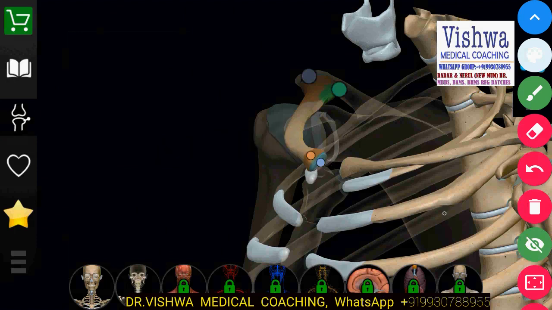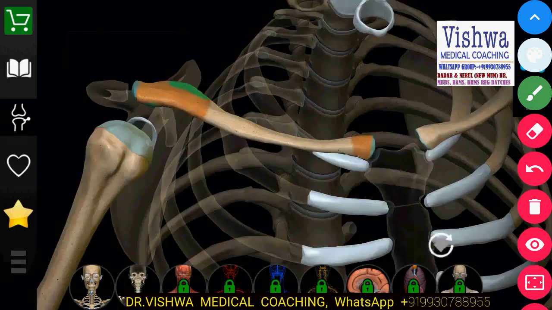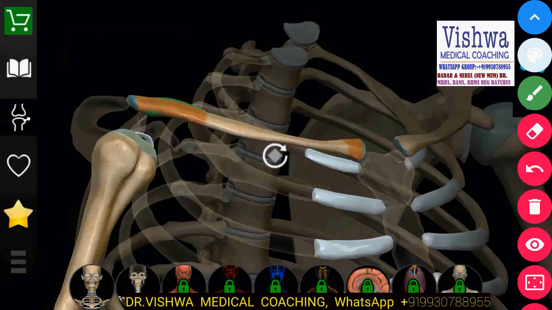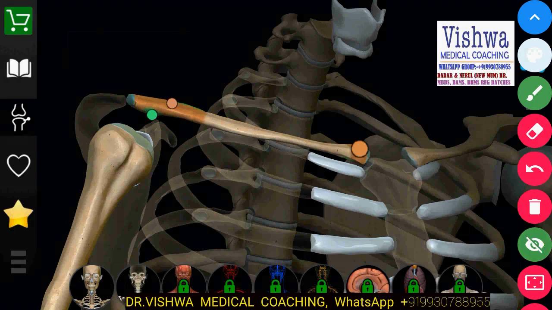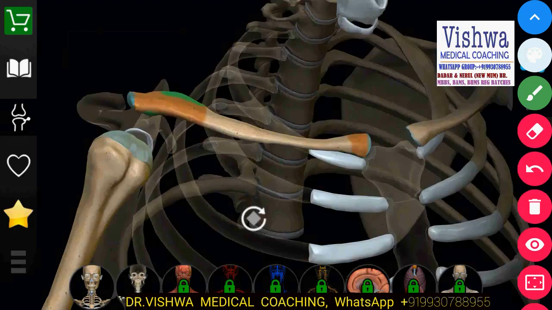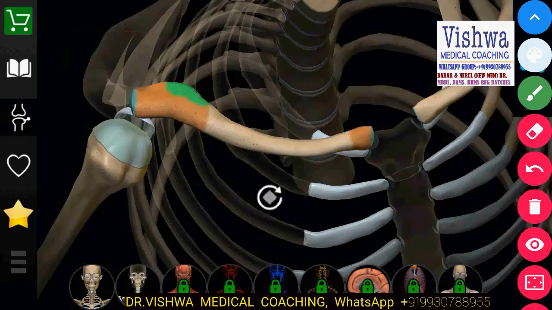Whereas the lateral end, if you can see, is flat supero-inferiorly. This is the lateral end, it is flat supero-inferiorly. So, whatever points I am going to enumerate, only those points we are supposed to write. The book may have given a lot of other points, but you are not supposed to describe that. So we discussed the medial end and lateral end.